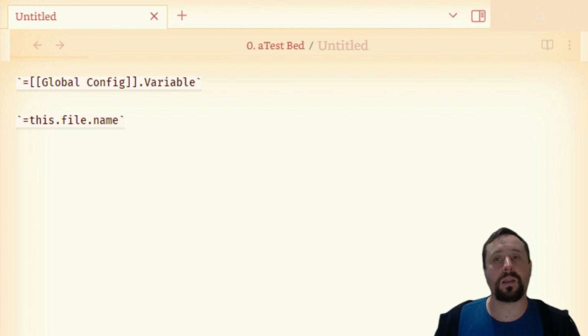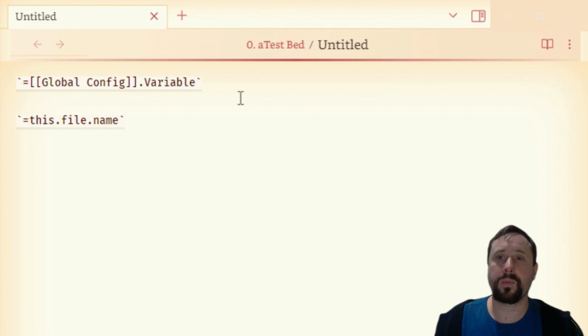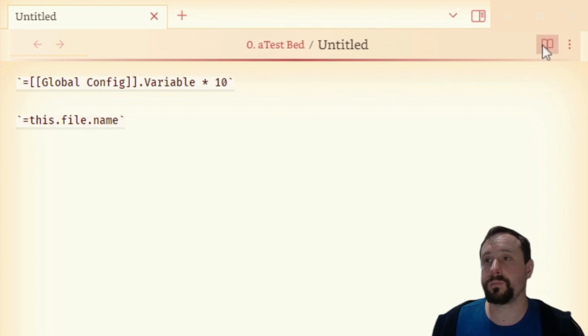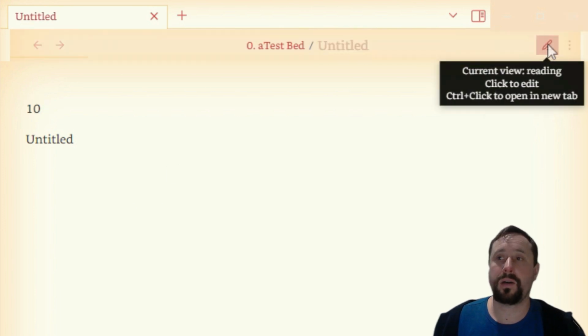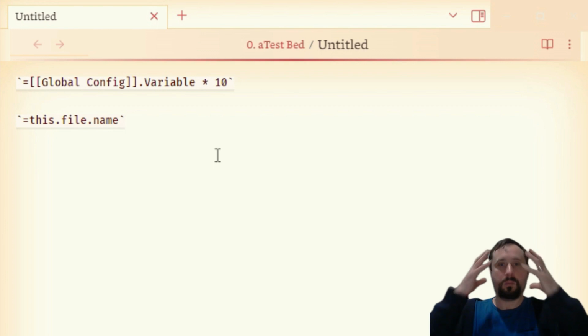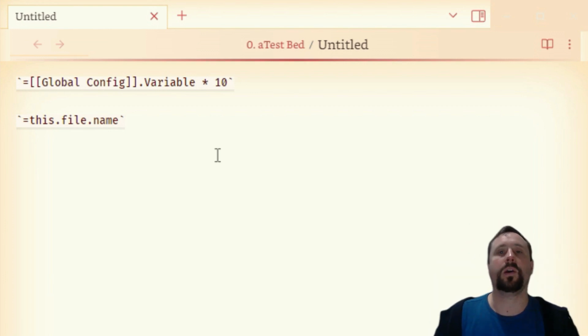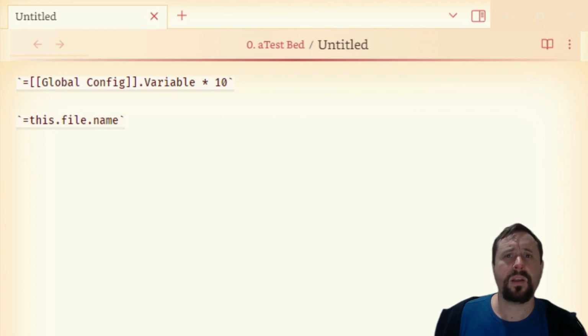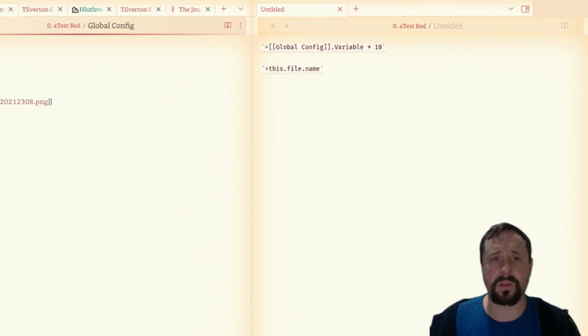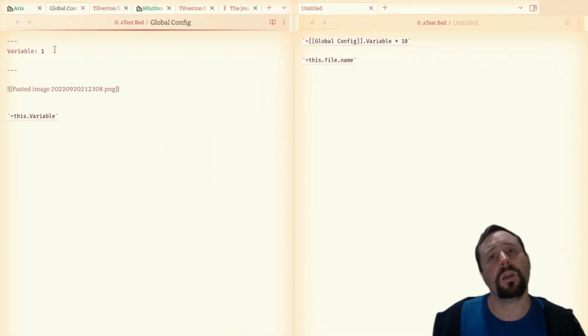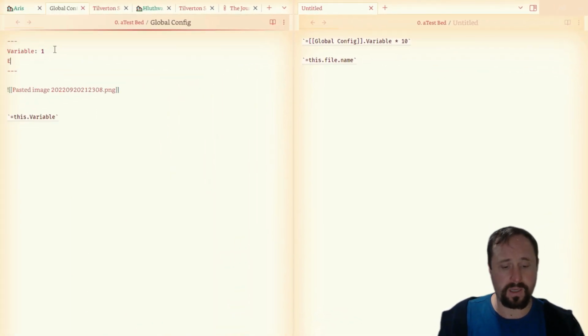And what Anna realized was that we can do mathematics. So equals this times 10. So 1 times 10 equals 10. We can do maths with this, and boom, wow, here we go. This is now giving me ideas. Now, one of the ideas that I initially thought of, and I think this is probably Anna's idea to be honest, was this idea of having an economic scale,